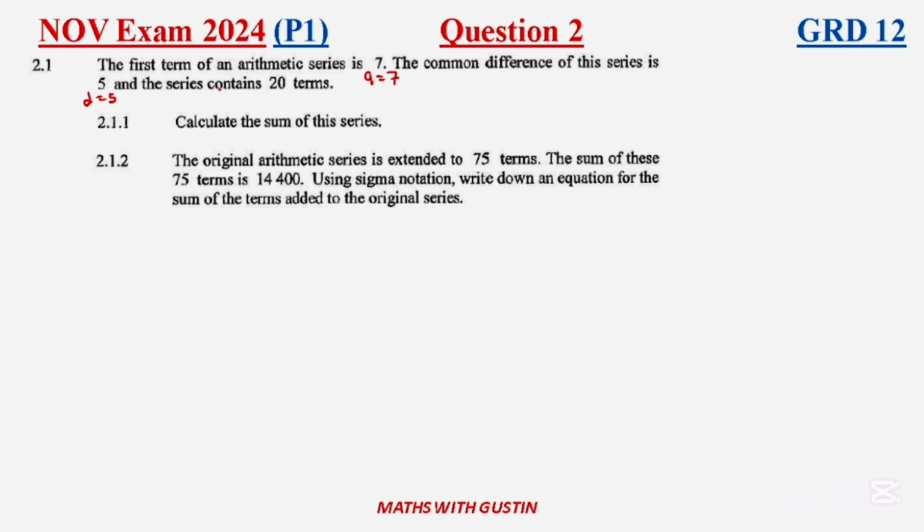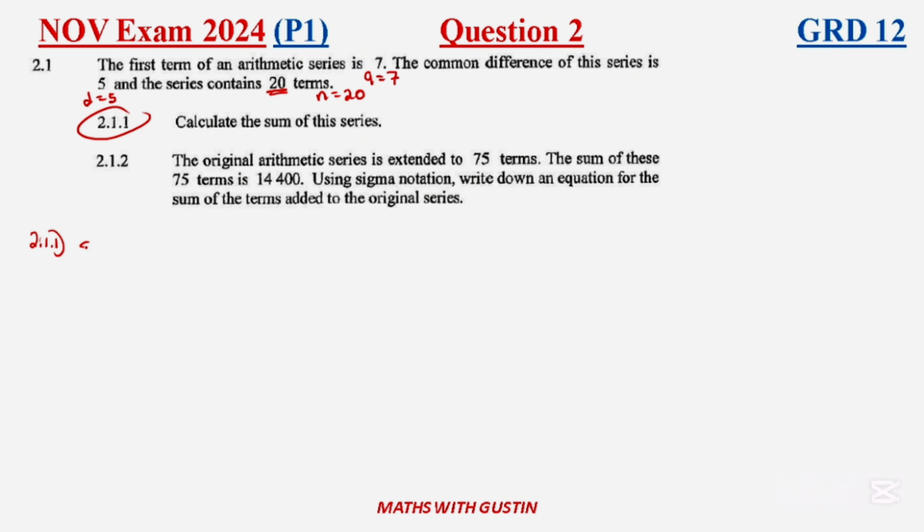And the series contains 20 terms. So therefore our n there is going to be equal to 20. Right? So 2.1.1 says calculate the sum of this series. Okay, so now to get the sum of this series, because it's an arithmetic series, you know that we use the formula